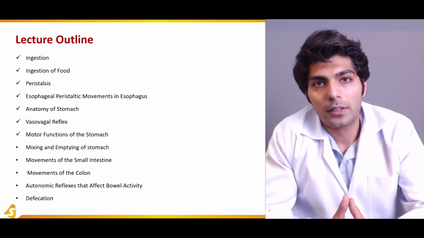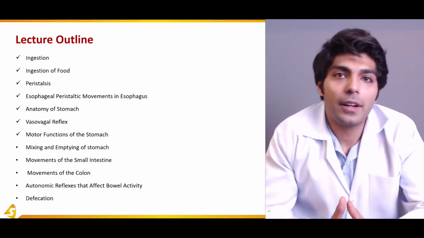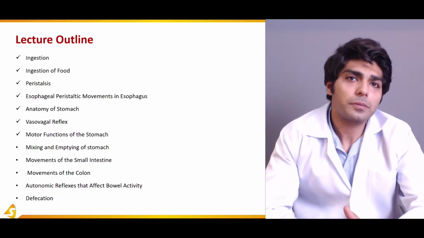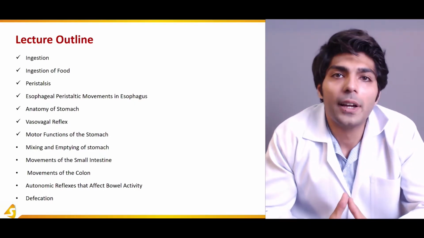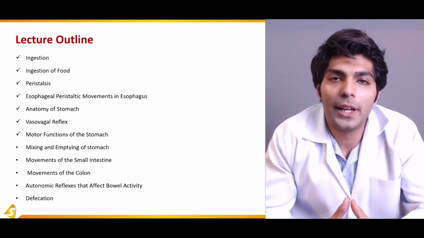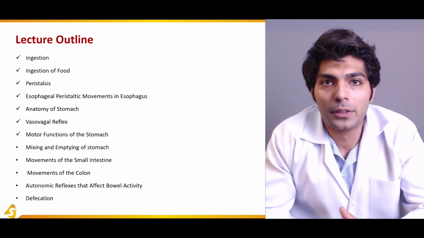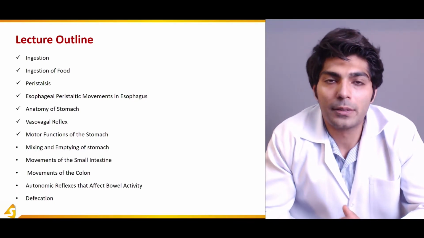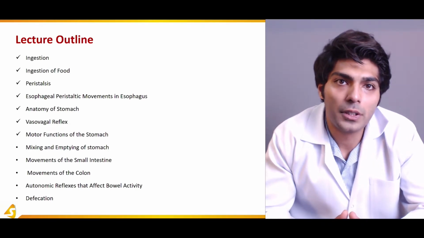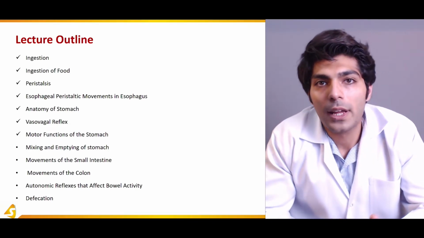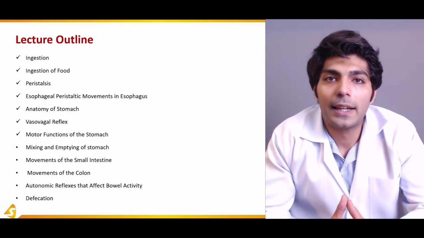Once the food is ready to enter the pharynx, the soft palate is pushed upwards, blocking the nasopharyngeal area, and the food enters from the pharynx into the upper part of the esophagus. The epiglottis lifts upwards and covers the laryngeal portion so that food doesn't enter